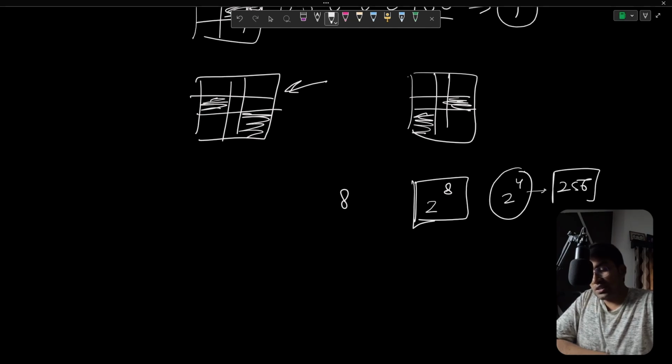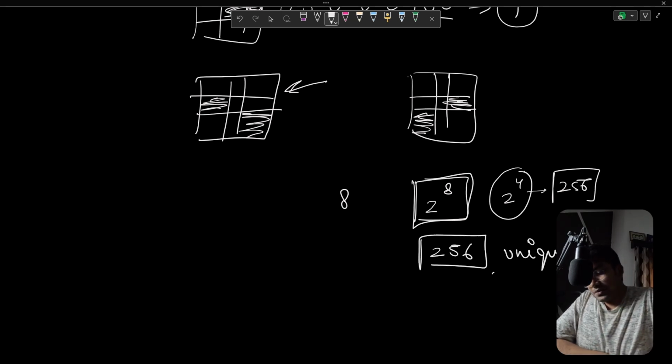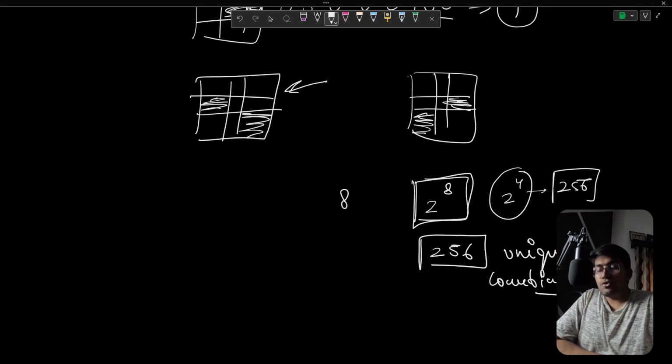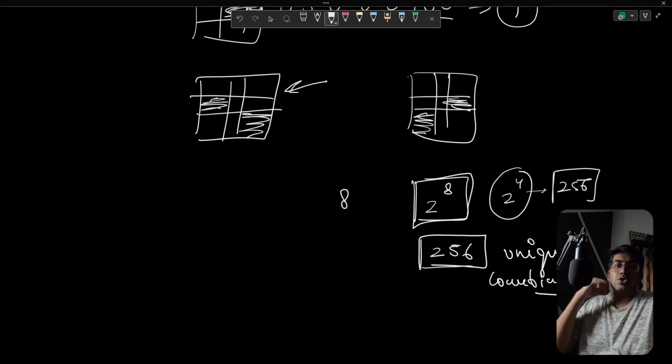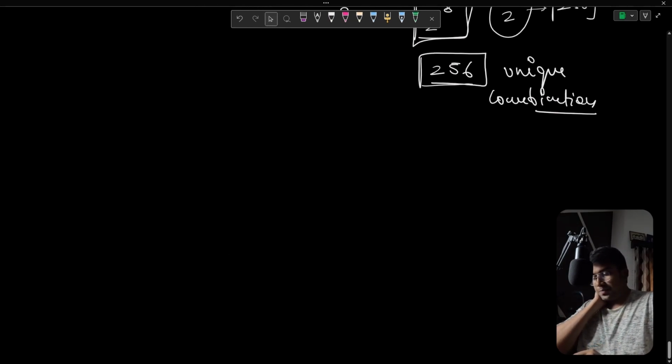So using this matching corners and side, you can have 256 unique combinations. Okay, so you can have 256 different unique combinations, and every number has a unique meaning assigned with it, right? So for example, let's say